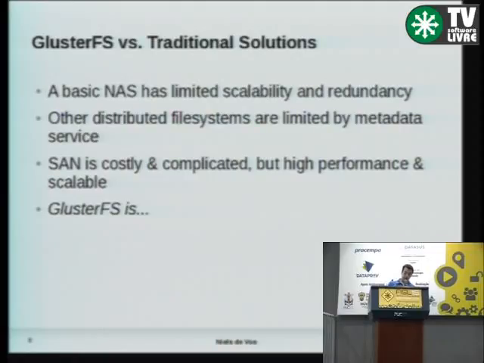So Gluster is comparable to NAS solutions, network attached storage. It can replace your SAN in certain environments. SAN is very, very expensive, and NAS is, depending on the vendor, also very expensive. And especially if you want to scale your storage over several years, the solutions that NAS and SAN vendors offer